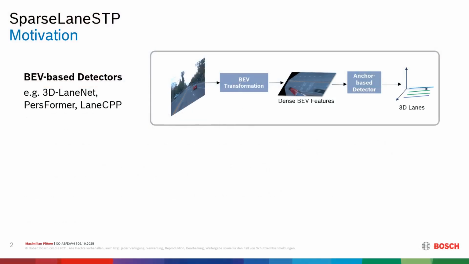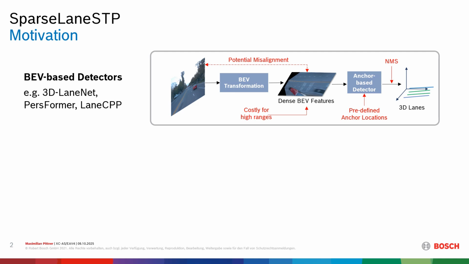Traditionally, monocular 3D lane detection has been tackled using a two-stage approach, where the first stage is to create a dense BEV feature representation via a learned transformation. In a second stage, an anchor-based detector uses these features to predict 3D lanes. Such methods suffer from specific drawbacks like potentially misaligned BEV representations due to transformation errors that cannot be corrected in the detection stage. A far-range BEV representation also requires high computational cost and, lastly, the anchor-based architectures rely on